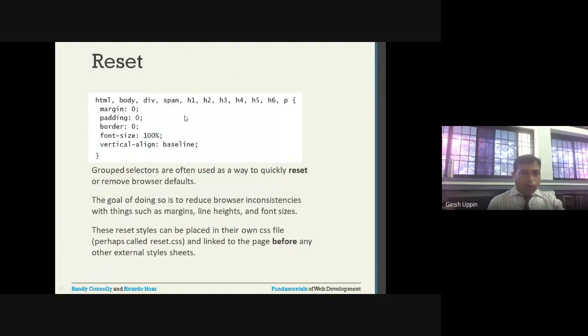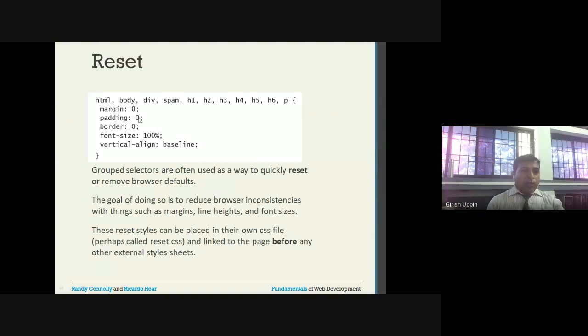And one of the most useful properties of the grouped selector is, if you want to have a page which will not have any kind of browser defaults, then you can reset. You can initially run this, and it will override whatever the browser defaults are, and you will set your own reset page.